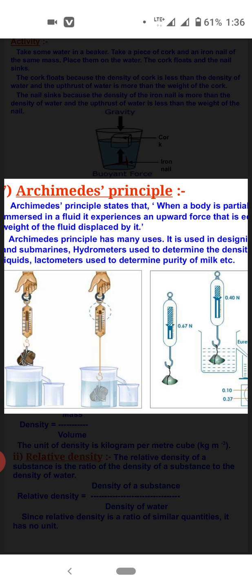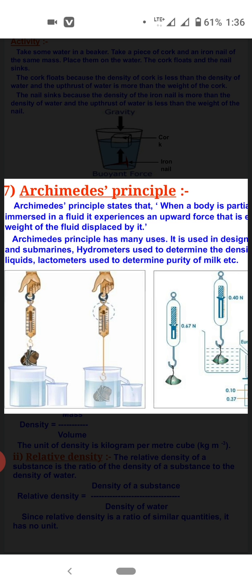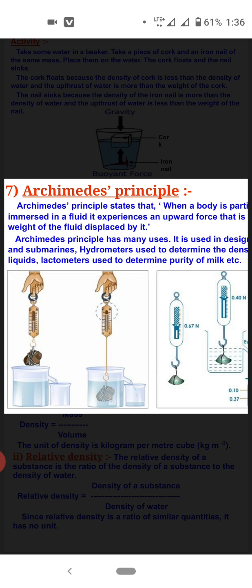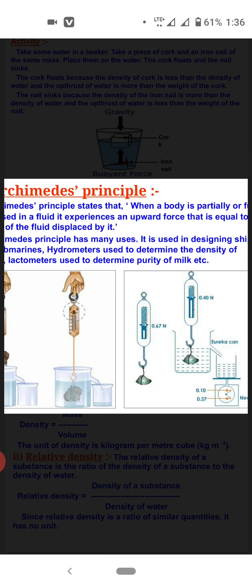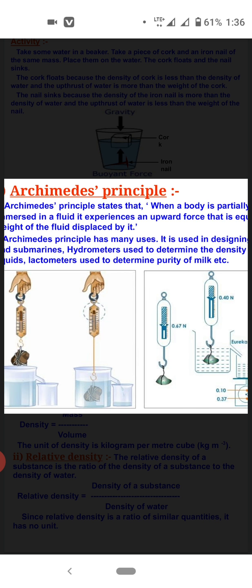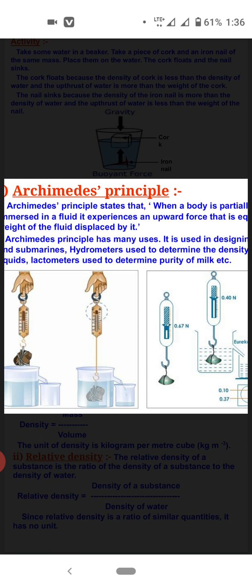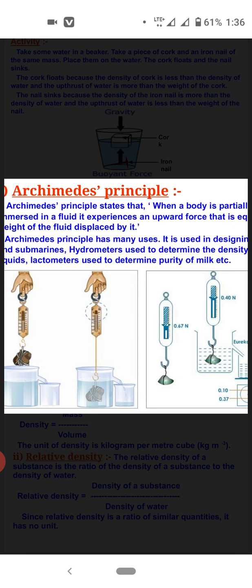We know that the elongation produced in the string or the spring balance is due to the weight of the stone. Since the extension decreases once the stone is lowered in the water, it means there is some force which acts on the stone in the upward direction. As a result, the net force on the string decreases and hence the elongation also decreases. As we discussed earlier, this upward force exerted by water is known as the force of buoyancy.